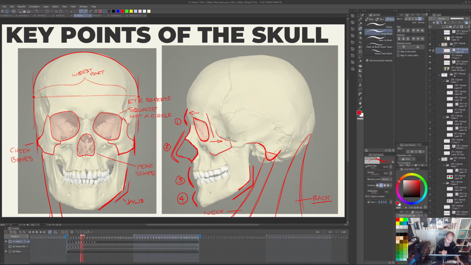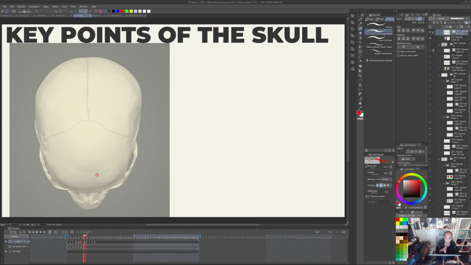In my script I'm talking about how it attaches to the clavicle, but maybe I'll just remove that. But yeah, that's the basic idea of the head. So now I wanna go over on the top view as well,